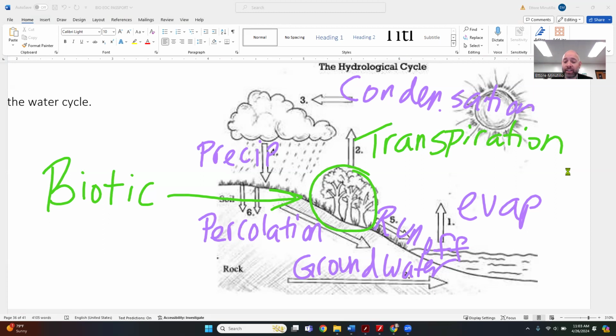So transpiration is a thing that happens. Plants don't always want it to happen, but it can be helpful from time to time. But again, because this is the only part of the water cycle that involves a living thing, transpiration tends to be a question that comes up quite a bit.